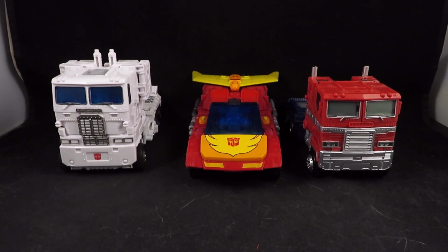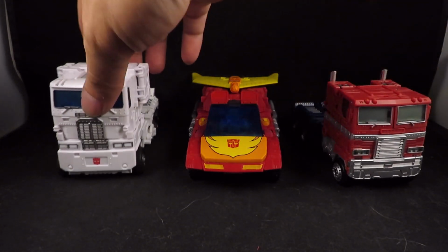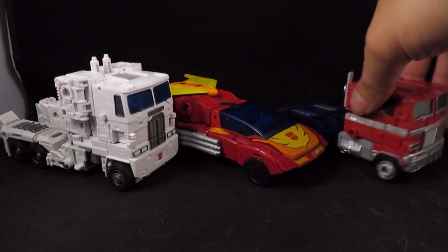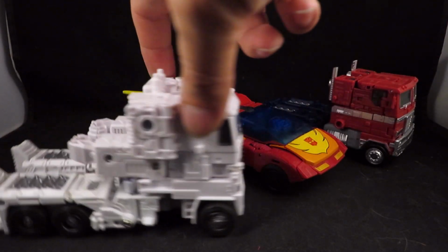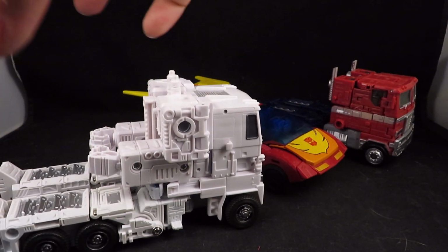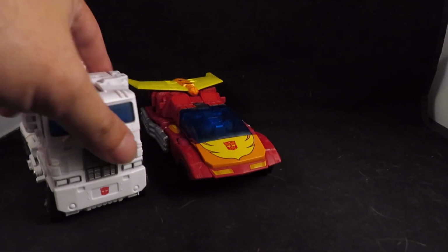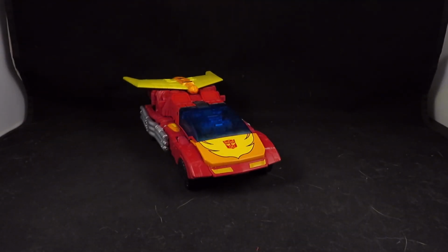And the Ultra Magnus. Oh, I hate that. Should have figured something out like that. But there we are together. Looking very cool. One last quick